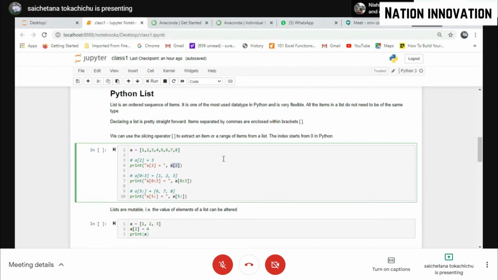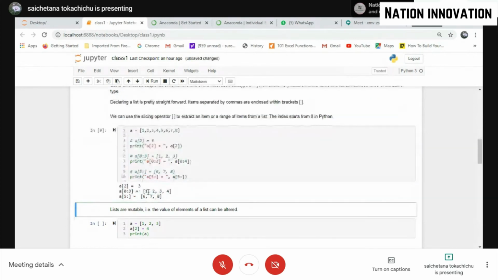Now I want to know about 3 to 4 elements together. So how do I do that? How do I get from 1 to 5 all together? So this 1 is at 0 position, correct? And this 5 is at the fourth position. So 0 to 4, I am putting a colon in between. That means all the values from 0 to 4 I want. So by running it, you will get all the values from 0 to 4.